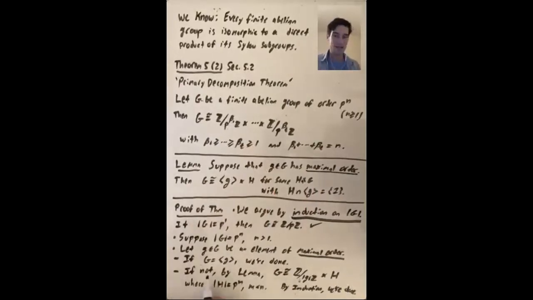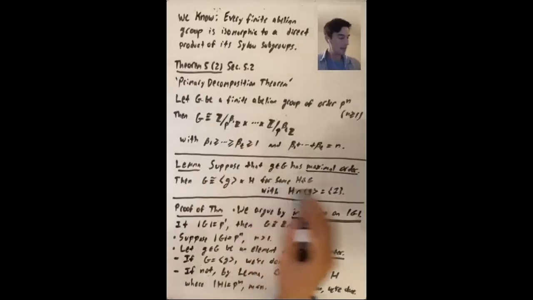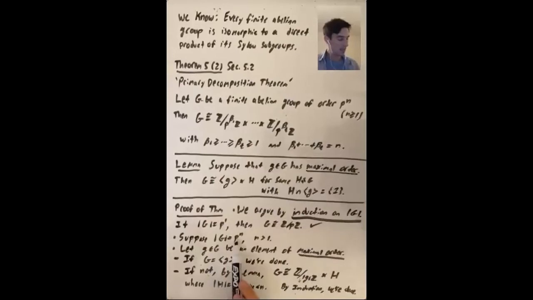So if not, then we're going to apply this lemma. So we have G, this group of order p to the n. We have an element, little g, of maximal order. And G is not isomorphic